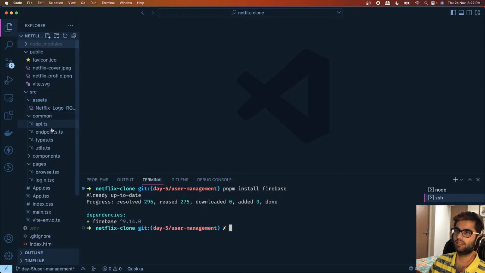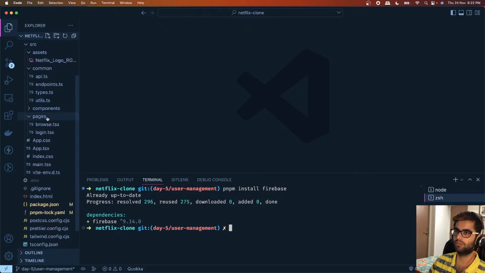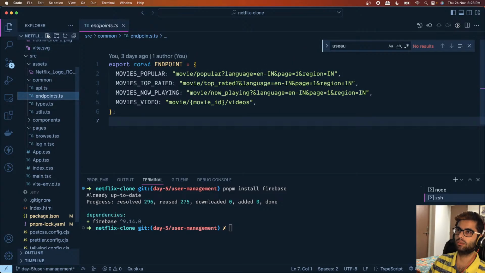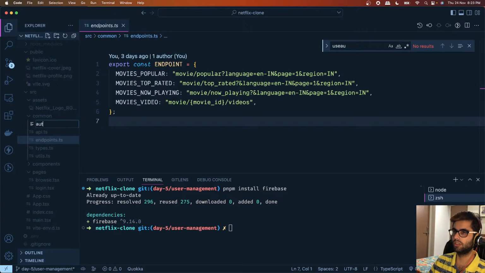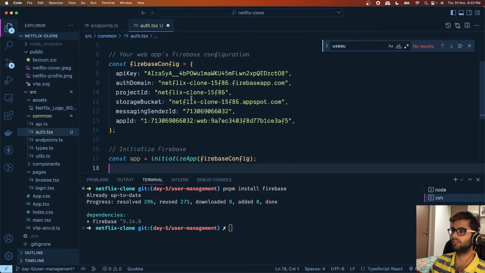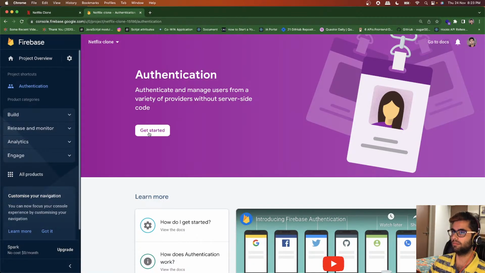All right, in the meantime, it's completed with the downloading part. Let's create a custom hook for this, auth.tsx, and I'll just paste this code which we got from the Firebase